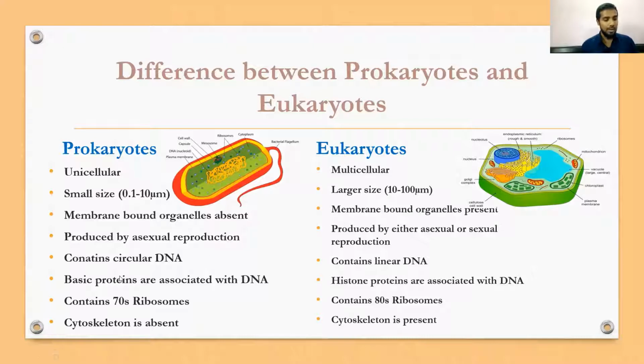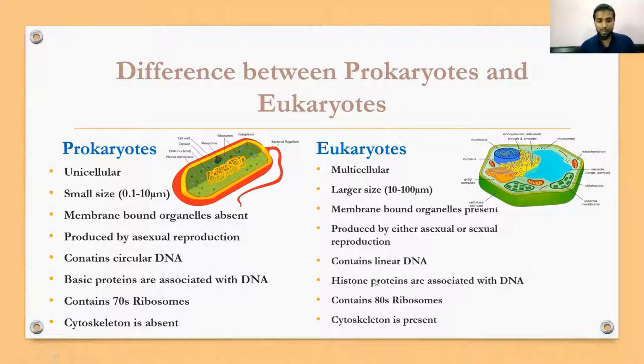Prokaryotes contain DNA as genetic material, and this DNA is circular, which means they are also called plasmids. And here we have linear DNA. In the video, we'll see how eukaryote DNA has the double helical structure that you have studied in your intermediate. And basic proteins are associated with the genetic material, the DNA.